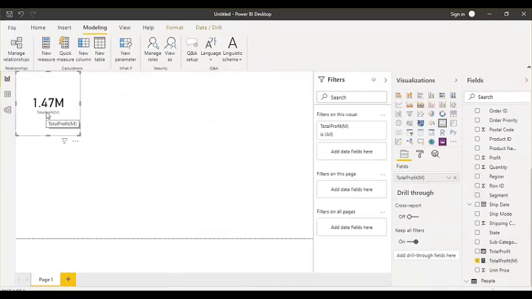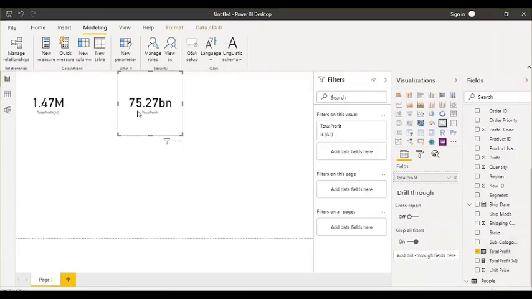You can see this is the total profit. Now when I put the total profit column here as well, you see that it is showing me the wrong data. Why? Because it is just doing the sum of all the values we have in the column. Ideally it's not recommended to create such a column.